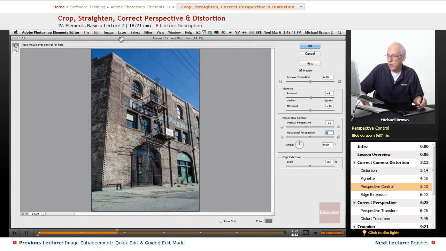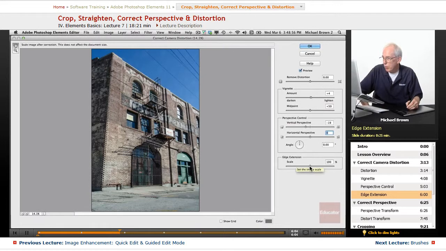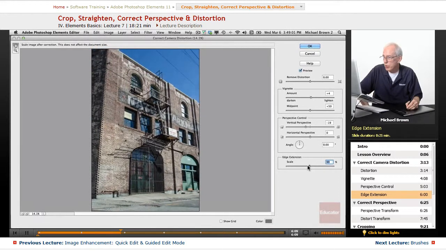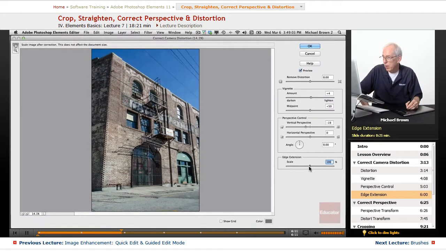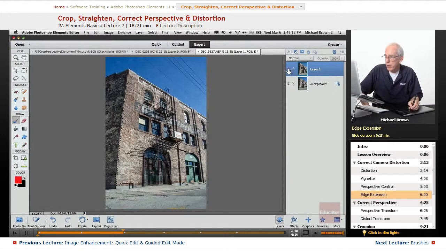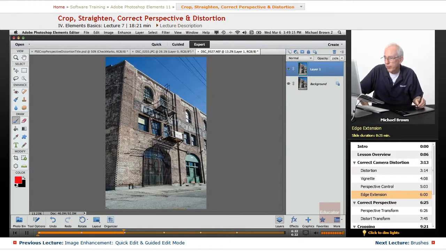I should have left more space, but we've got this, and let's take the preview. We went from there to there. It's looking a little better. So let's go ahead and accept that. The edge extension shows you where you've done it. You can show larger or smaller, just pull it up or pull it down so that you can pull some of that back in. But we're going to leave it right here. Click OK, and now it's applied the corrections. There's where we started, and there's where we are. Everything's looking good. Now, what we want to do